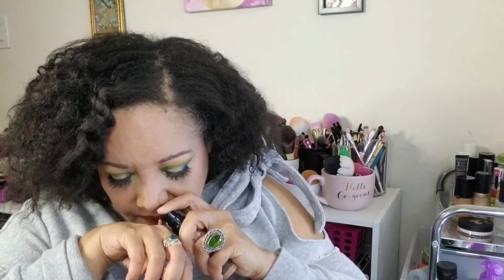Now, the difference is this is now glass, and now it has a doe foot applicator, which is okay. I don't mind a doe foot. Now, this stuff smells. Let me just say, and let me remember, I don't think the old one smelled as much. No, that's why. Yep, I knew I wasn't crazy. The old one did not smell at all. This one, however, smells like